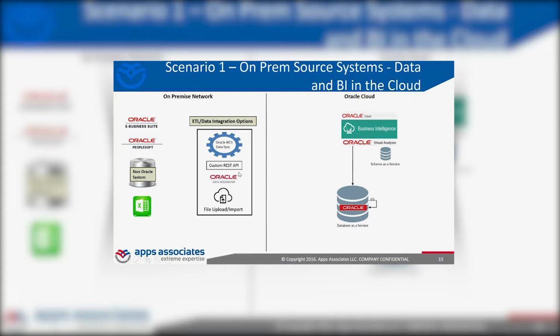If you want to do some custom development and you want to leverage the REST API of BICS, you can do that. You can also use Oracle Data Integrator. You're perhaps familiar with Oracle Data Integrator. It's the full-fledged ETL platform of Oracle, very powerful and capable. That can be used as well to load into Schema as a Service or Database Service. And, of course, you can do file upload and import right into the database if you like. Very easy interface. You can just upload right into the database. So relatively straightforward. You would pick your option of choice and load into either Schema as a Service or a